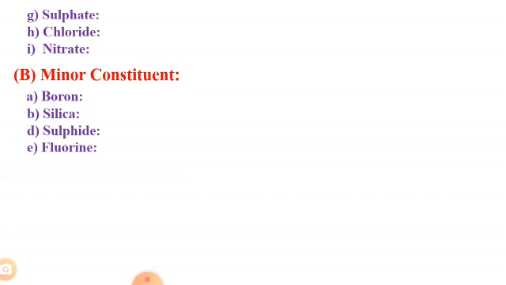The boron content of natural water may range from less than 0.01 ppm to more than 30 ppm. Concentrations above 10 ppm occur in water from hot springs or brines.